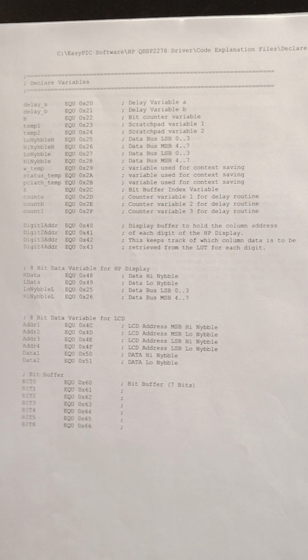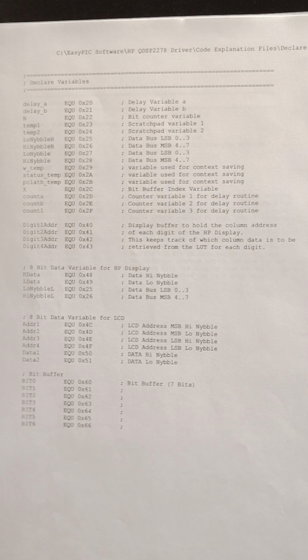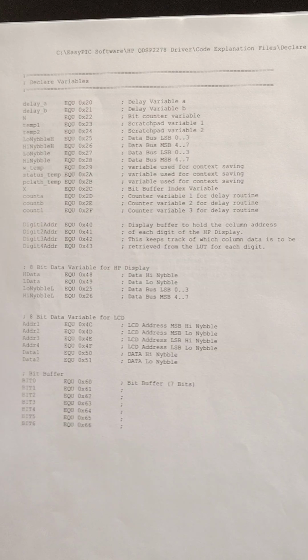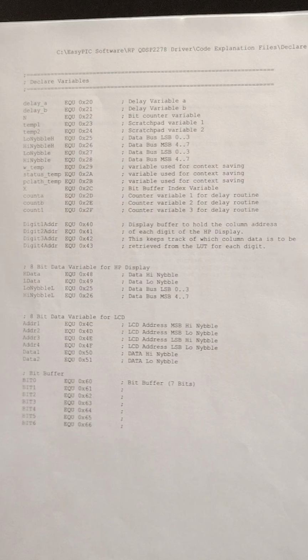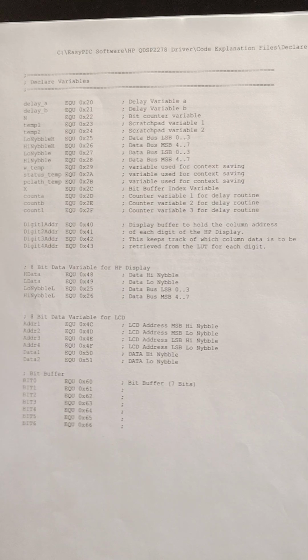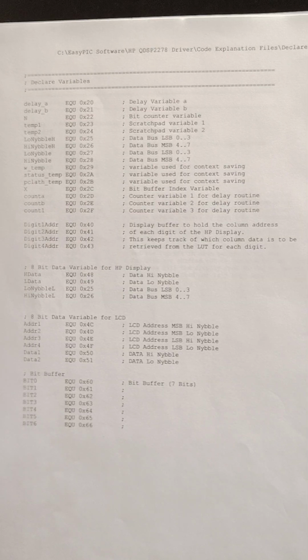Greetings all. Today I want to go over the code a little bit on operating the HP dot matrix 4-character display. See my previous videos for more information on this. But to go over the code a little bit,